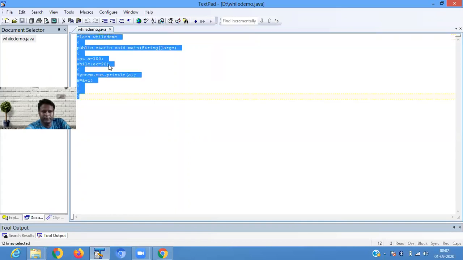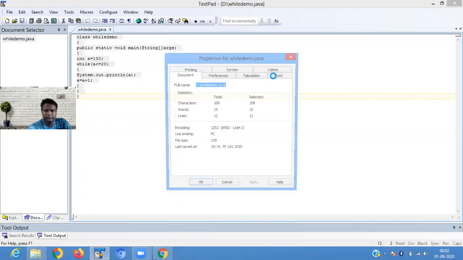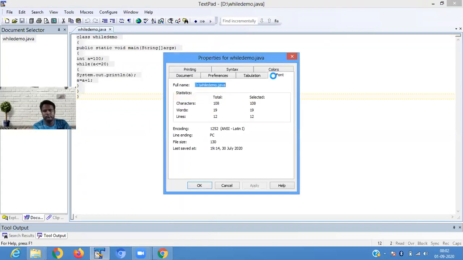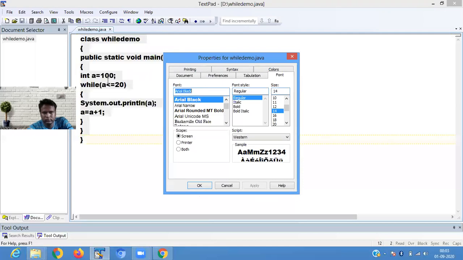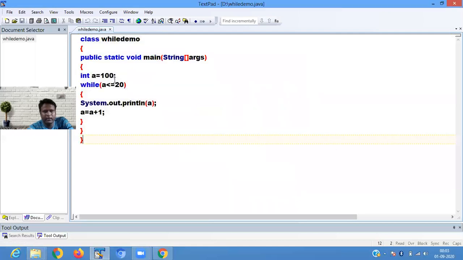We define int a equals 10. While a is less than 20, it is showing you the value here.